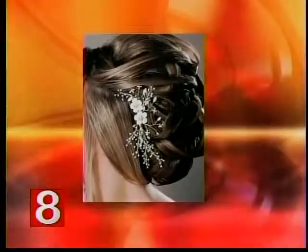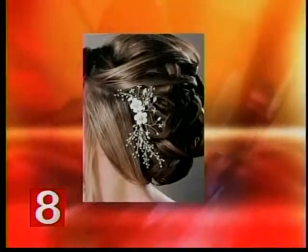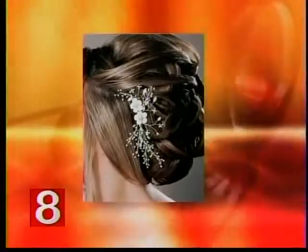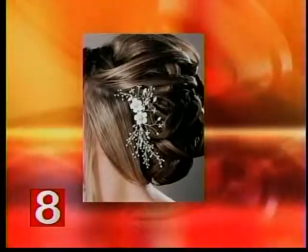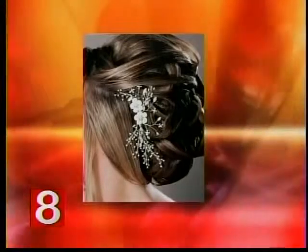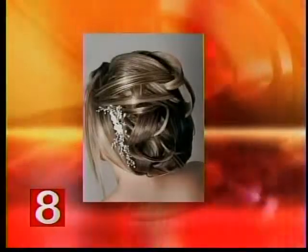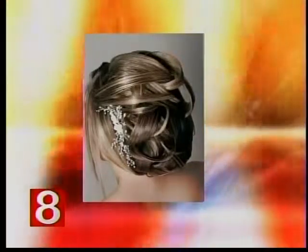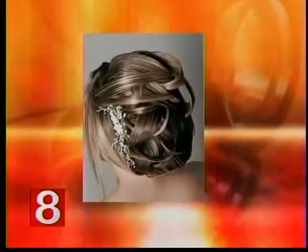It seems like maybe a little baby's breath. Is that in? Yes. And there's some sort of twist going on here. Tell me what we're looking at. Well, that is actually a hair weave that is all her own hair, but it's a basket weave. It's a technique that stylists do for some proms. Because when you say weave, I think of something totally different. I know. You think of extensions, but basically it's a technique that is used to create a different hairstyle